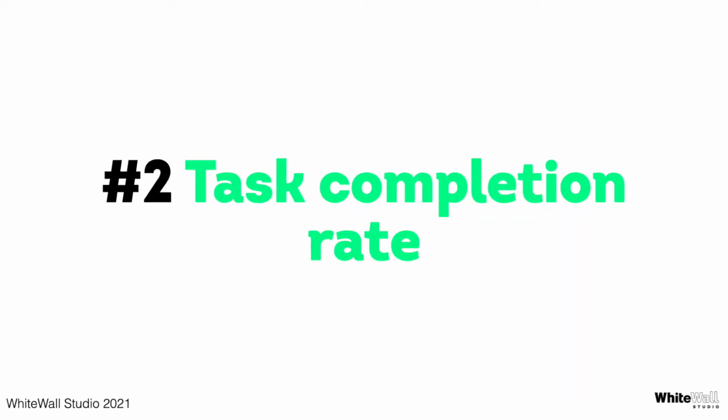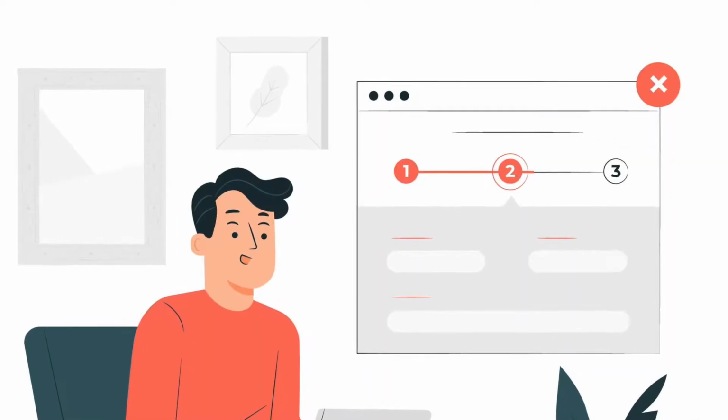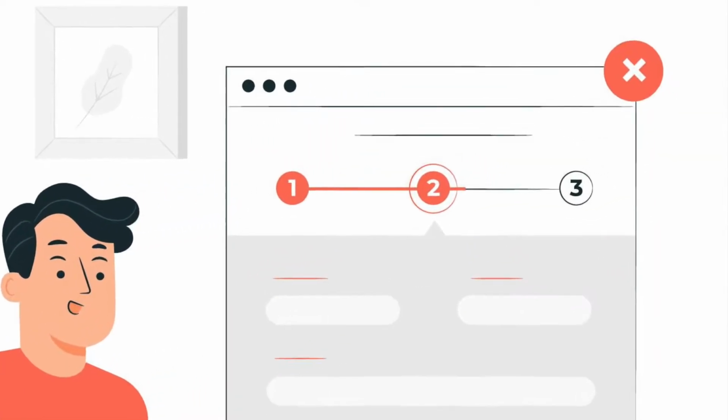Second parameter is about the completion. Out of 15 people, if they are participating in this experiment, then out of 15 people, how many of them were able to complete the task? If you realize at the end of the experiment that more than 50% of people were not able to complete the task, it's not that they didn't want to, but they were not able to complete the task, they were not able to buy something from your site or send a subscription request to you, then this is a red flag.